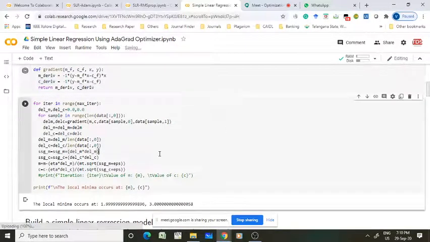Now come to your iterative algorithm. This is step 2. In step 2 we are setting the iterations, right? So now set the iteration value, maximum number of iterations 10,000. That means this loop will run for 10,000 iterations. Assume del_m and del_c equal to 0, some variables equal to 0. Now for sample in range of data[:, 0], which means all the samples. This will reflect the samples available in the data set. So you have to take one sample, calculate the gradient and add it to 0. Continuously you have to add it. So it will give the gradient, right?